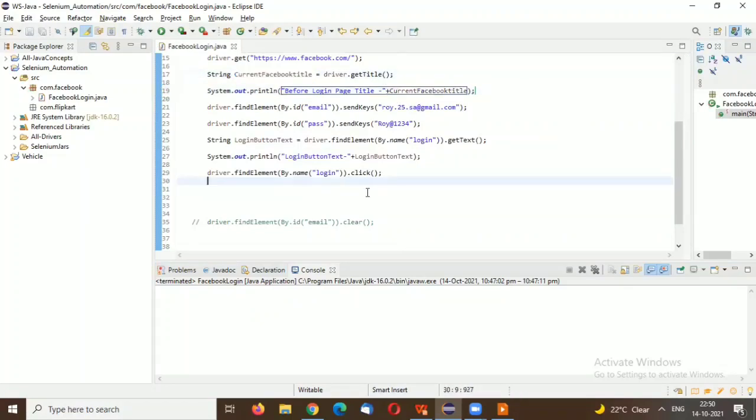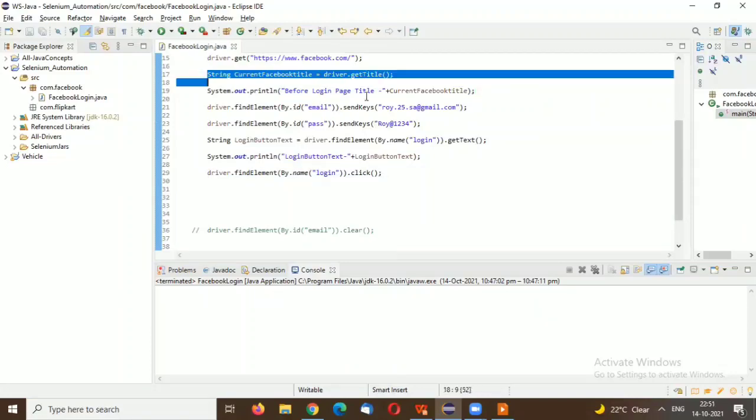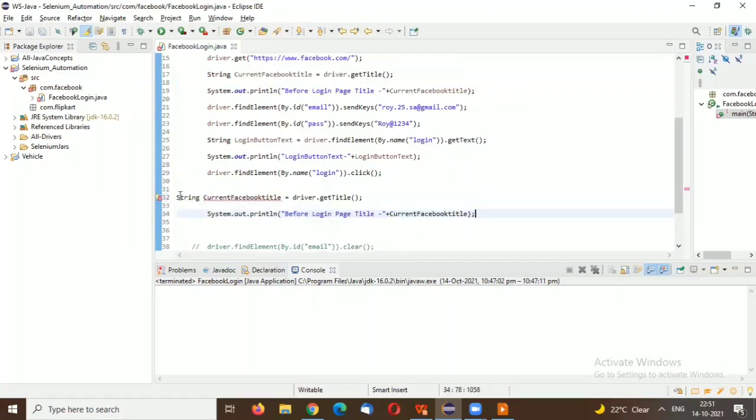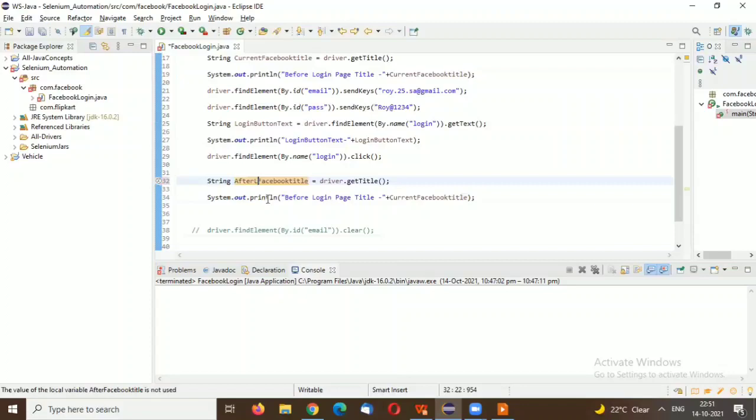After clicking on login, it will log in and change the page title. So I'll copy paste it here, and print the login Facebook title.